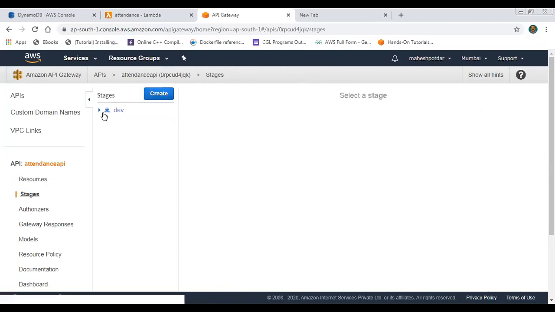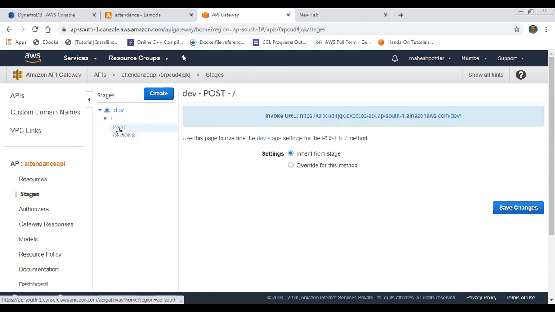After that I have deployed that API into the server. To invoke that API, application programming interface, this particular URL is required. So I'm copying this particular URL, Control C. So the URL is created, the API is deployed, and after deploying, the next thing is writing the HTML code.